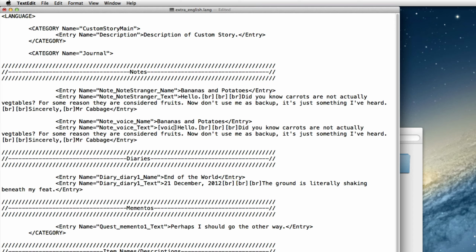Inside you write voice, lowercase, space, and then the name of the file. Mine is voice.ogg, and that's pretty much all you need to do.